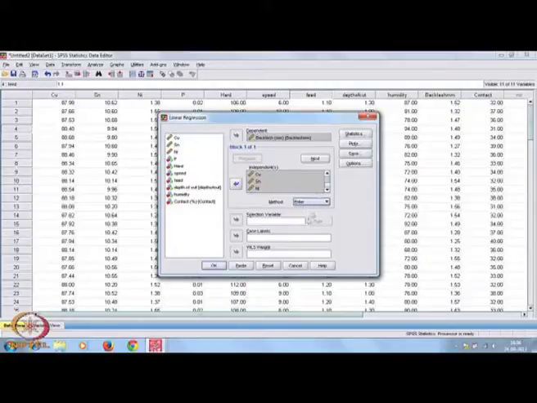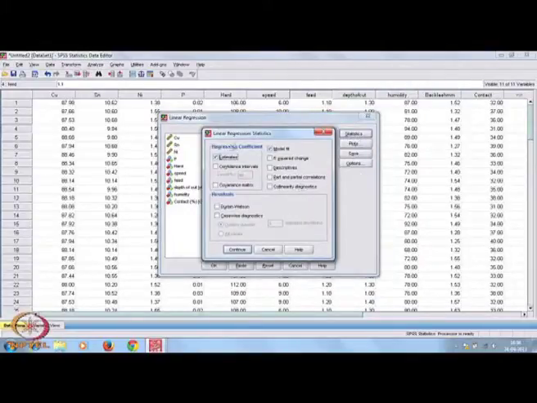Once you choose enter, that means you are considering all the independent variables simultaneously. Then you want to select some of the statistics. What are the things you want? Under regression coefficients, the residual related things are given. You want the estimates, and you may be interested to know the confidence interval. Now, what is the confidence interval level? 95%, 90%. If you want 95%, fine. Under regression coefficients, first you click on estimates. If you do not click on estimates, it will not be